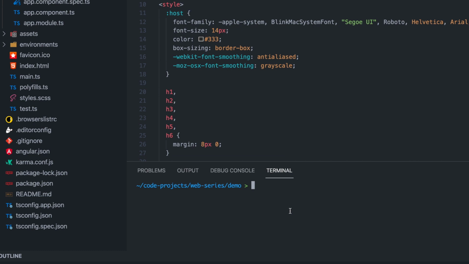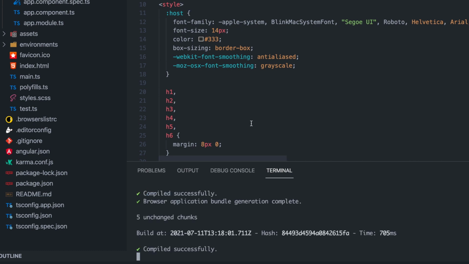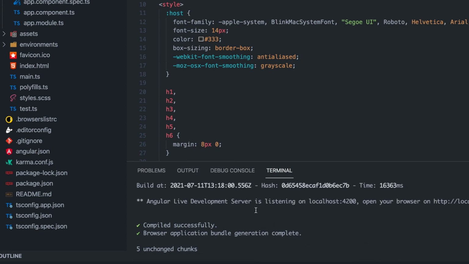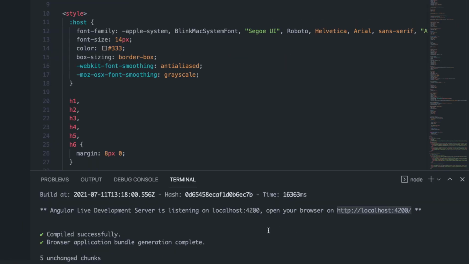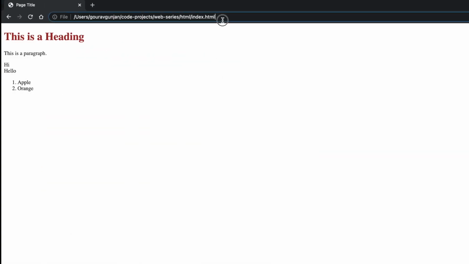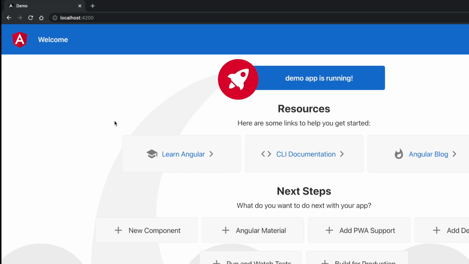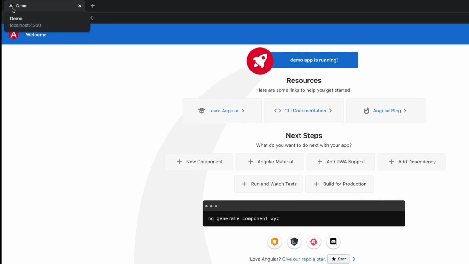So let's just try to run it. As you saw in the last video, you just have to write npm run start. After you see that it compiled successfully at the end, you will just copy this, go to Chrome and paste it here. As soon as you paste it, you see that a lot of things have been created in our page, and you can see the icon which I said is coming on the top.